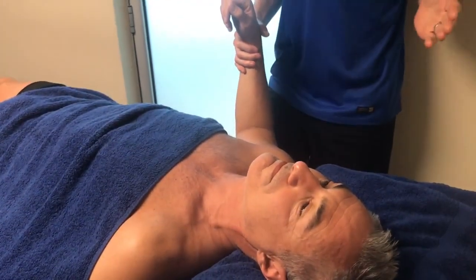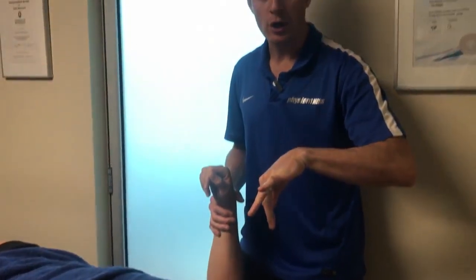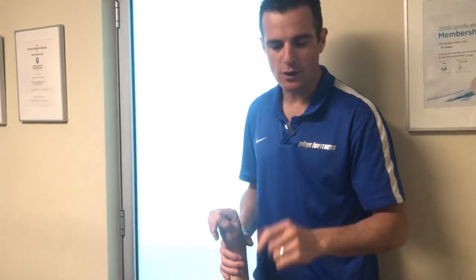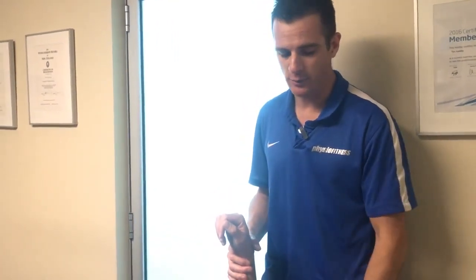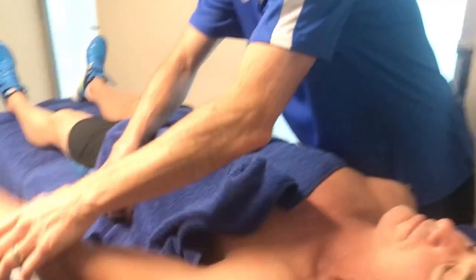He goes into our program, obviously with no surgery, but he's had a long time of healing, so he can start early into the exercises, but he is restricted by range. We can't advance him until we get his range a little bit better. So if I show you with his left arm, because that's his good one,